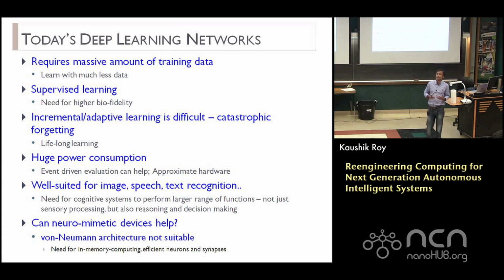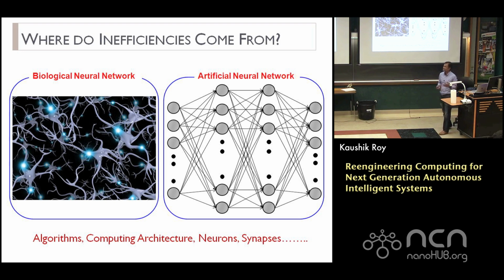So can I really come up with devices that can mimic the neurons and synapses of the brain in some ways? And if I'm able to do that, maybe my energy consumption is going to go down. So these are all the inefficiencies that exist today. And if I now go into a little more detail and try to analyze where these inefficiencies come from on these deep neural networks, and if I really look at a biological neural network, it turns out,